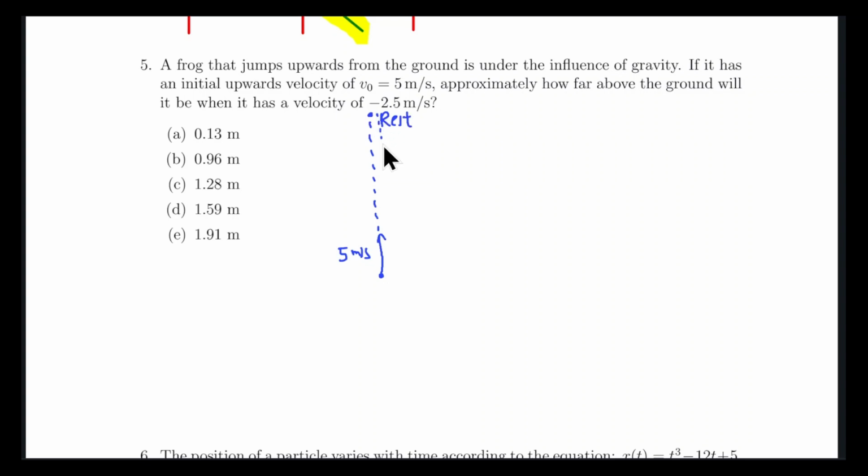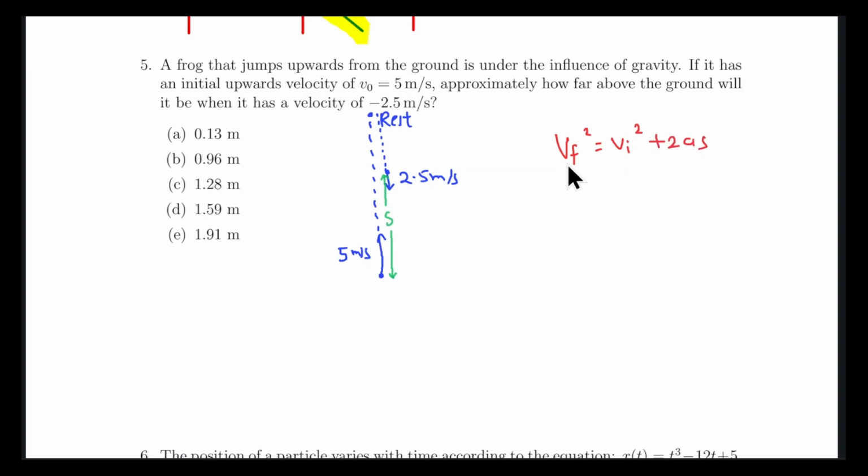And when it comes down, it will have a negative velocity. And somewhere over here, it has 2.5 meter per second in the downward direction. They're asking what is the displacement, because how far above the ground will just be the displacement. I think I can use the third equation of motion, which is v final square equal to v initial square